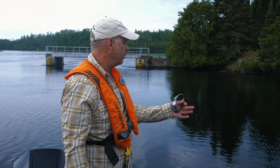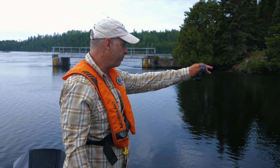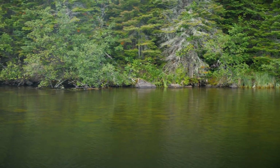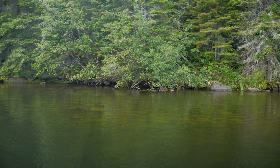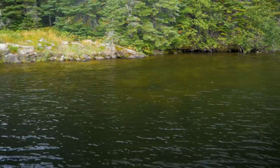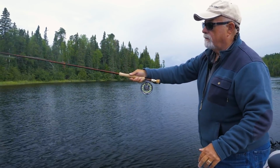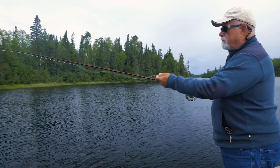So Bill, the setup here is you have a reef that's coming off the shore. It's about 20-25 feet, some rocks on there. It looks shallow, about 4 or 5 feet, and then it drops off into, we're in about 20 feet right now. So you just throw that fly out, generally straight out from you, let it swing over that reef,